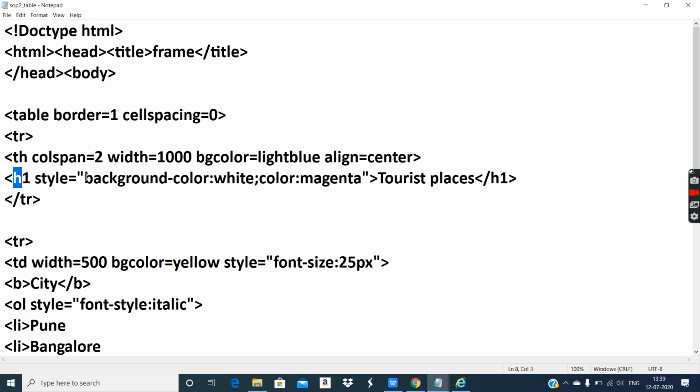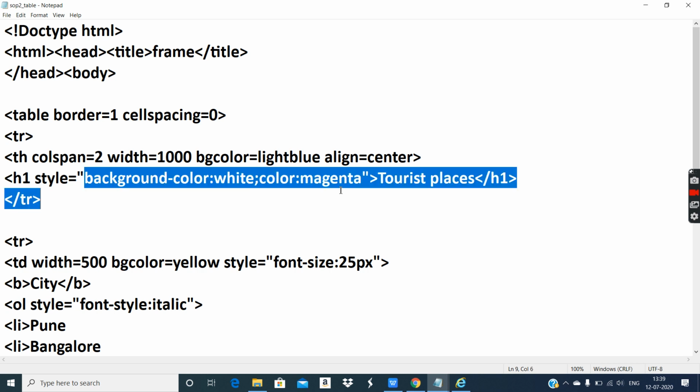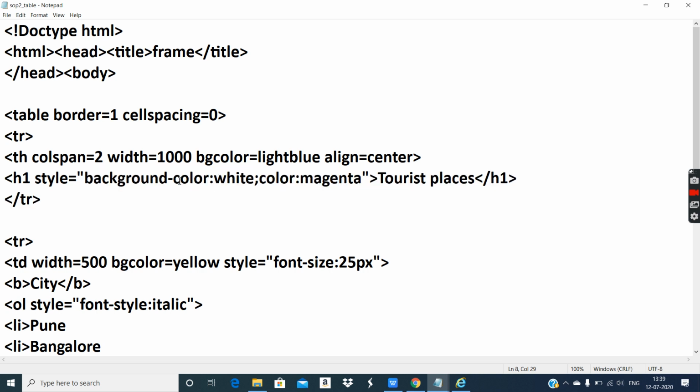You can use all these things. But background color cannot be applied with the help of th, because there is no special attribute in th to provide background color to the text. You can give background color to the cell, but you cannot provide separate background color to the text. So for that I have to use style. So I have used h1 also, no problem.